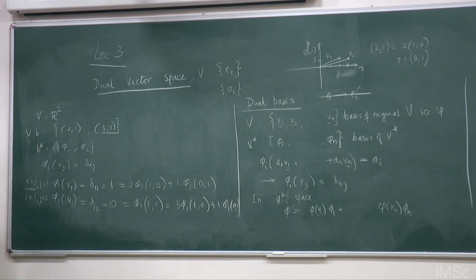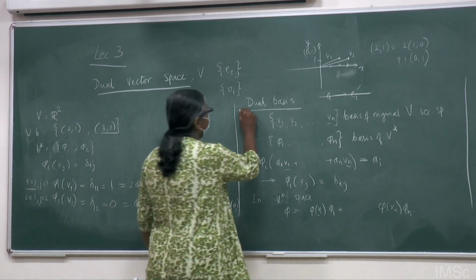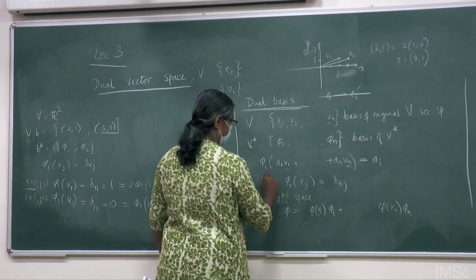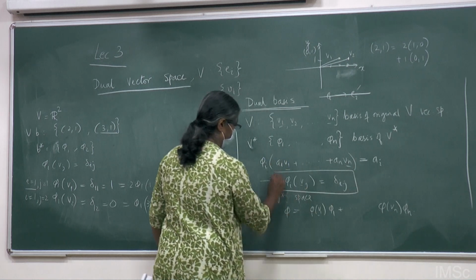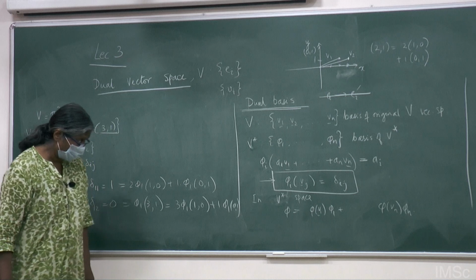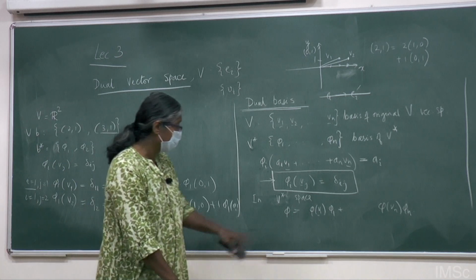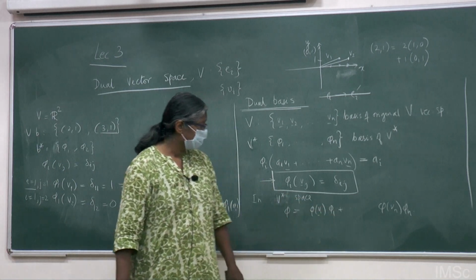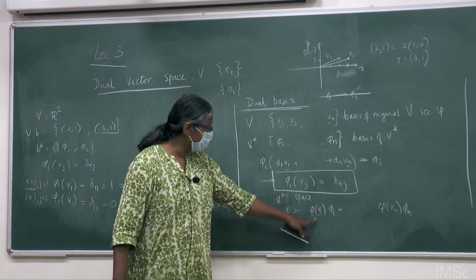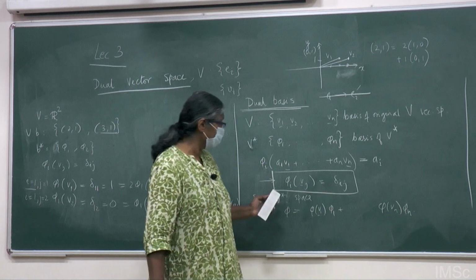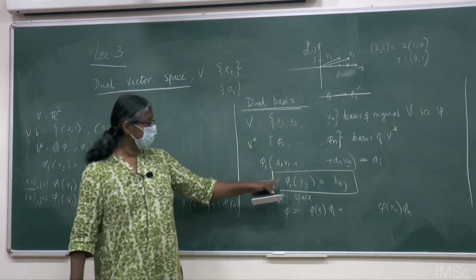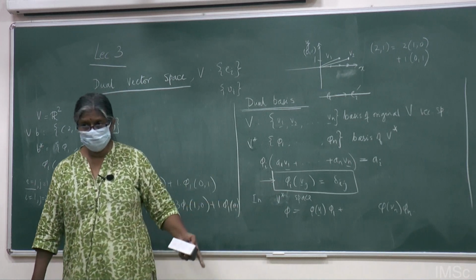Ma'am, in the vector space, phi is equal to the span of phi 1 to phi n. Yes. Why do we choose this phi as the coefficient? This is called the dual basis. The definition of the dual basis is this. We explained that last night. We can choose any combination of phi 1 to phi n. Yes, except that these phi of V1, phi of Vn, etc. are all fixed, right? They are fixed by this definition. So you cannot choose any combination.